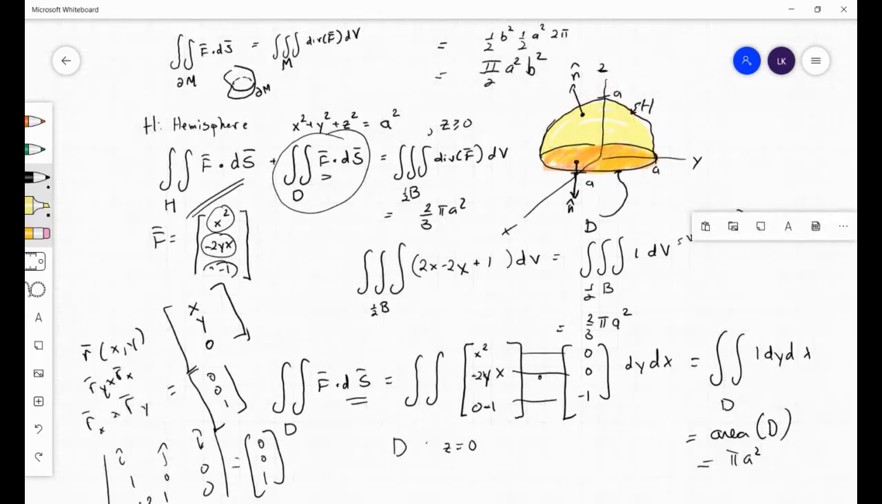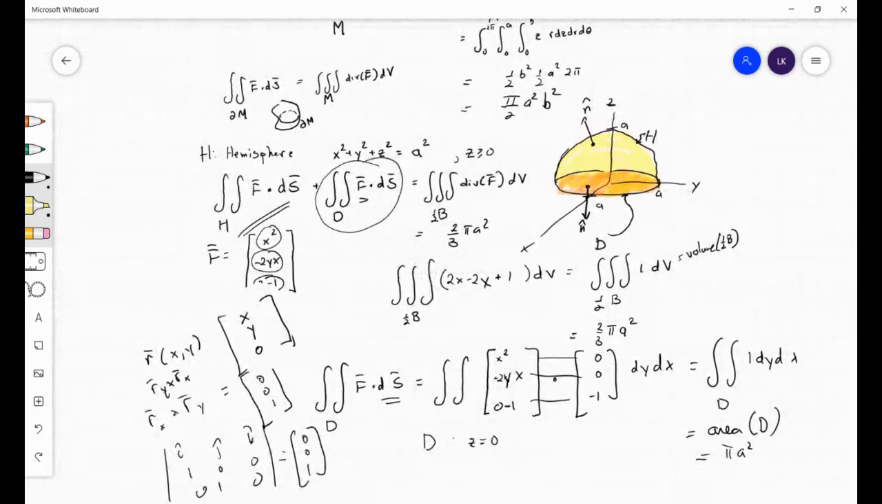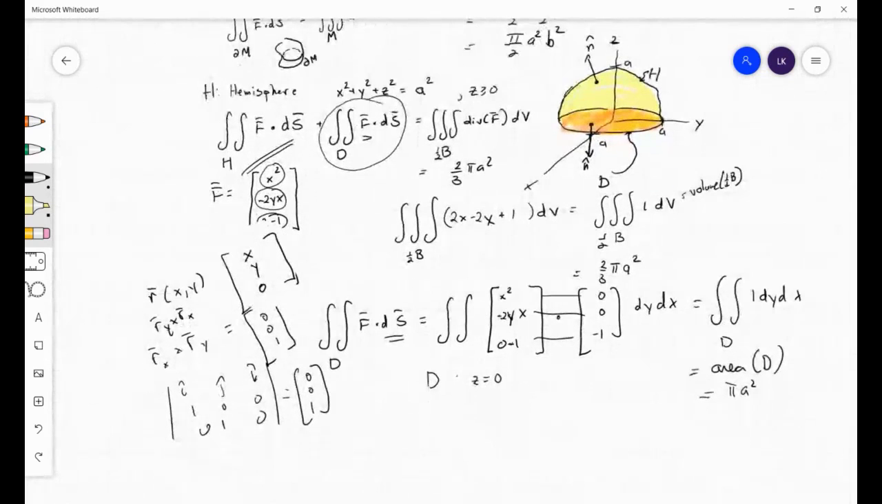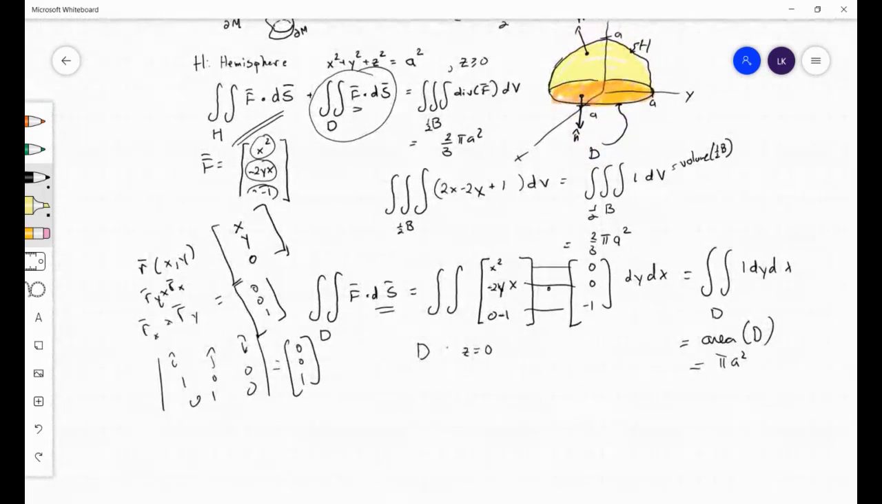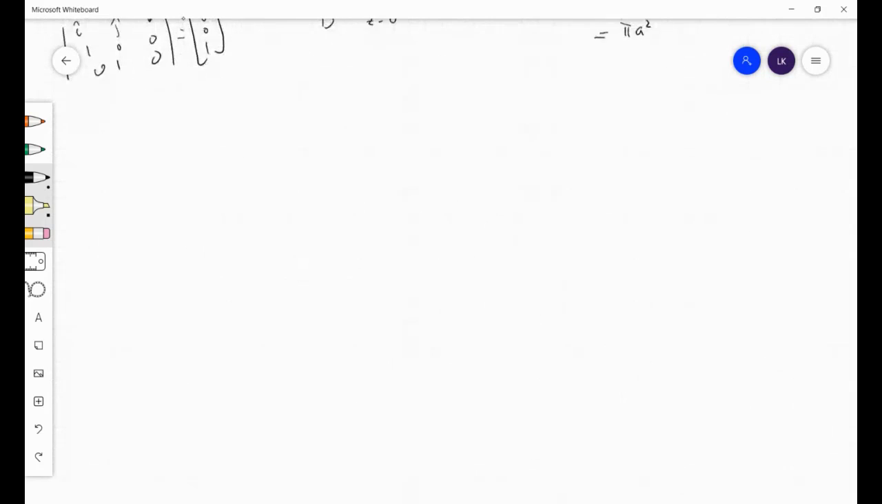So it turns out that doing the flux through that flat disk is probably simpler than doing the flux through the hemisphere. And so we just simply capped off that region so we have a closed surface and we can employ the divergence theorem. Okay, so to rewrite this,